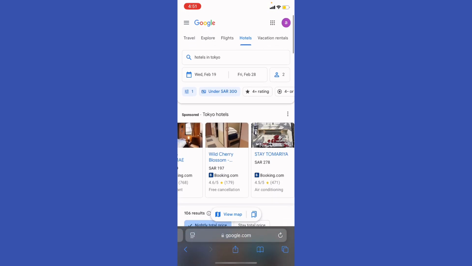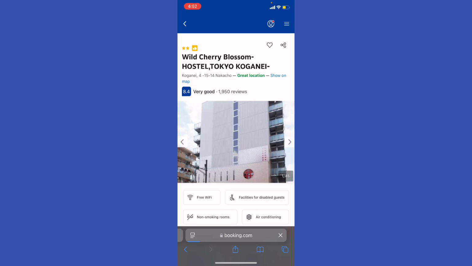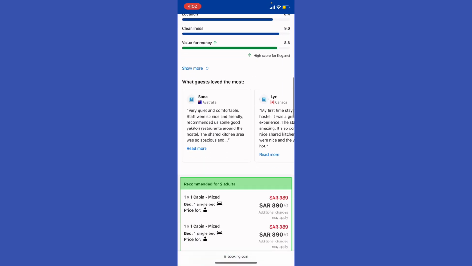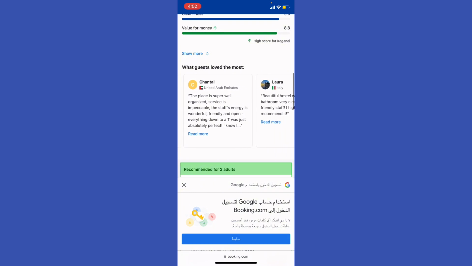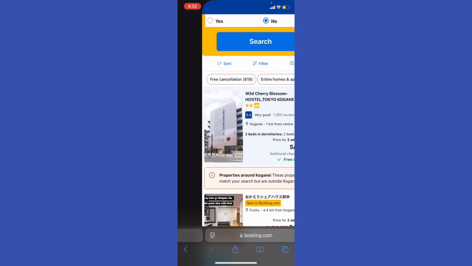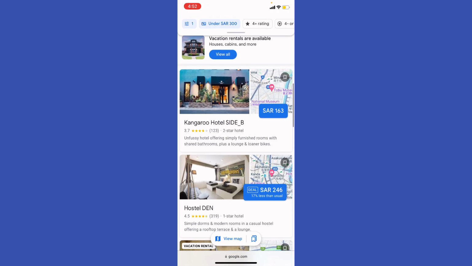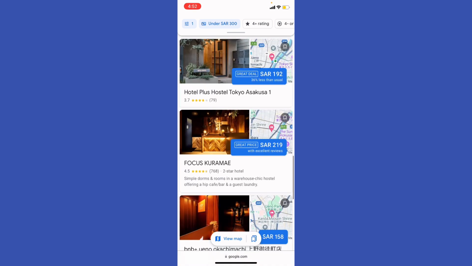So if you're keen to choose, let's say for example this hotel, right, by clicking this hotel, you're gonna be able to scroll a little bit down, and you're gonna be able to see the guest reviews. Okay, and use map views. Find hotels near attractions or transport hubs. Okay, you can go ahead and scroll a little bit down and find the cheapest hotels in Japan from here